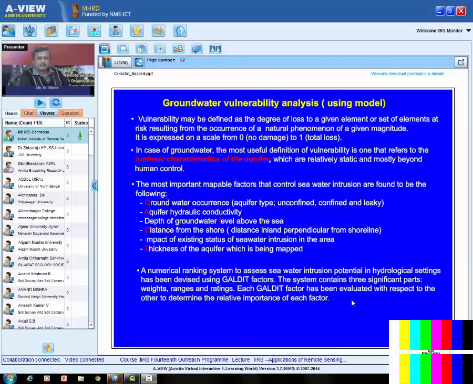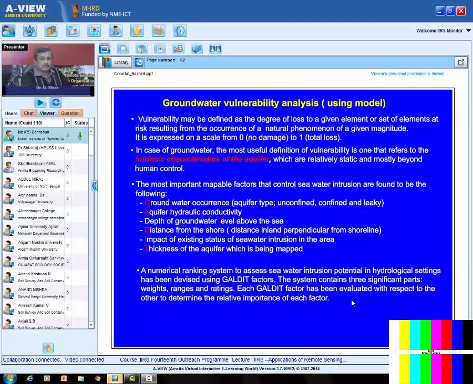We try to model the scenario from the groundwater vulnerability analysis. We collected a lot of borewell data in this region and tried to see the characteristics of the aquifer in this region. A few parameters have been considered which have a direct role in saltwater intrusion. The most important mappable factors are groundwater occurrence, what kind of aquifer, unconfined, leaky aquifer, hydraulic conductivity, which is the most